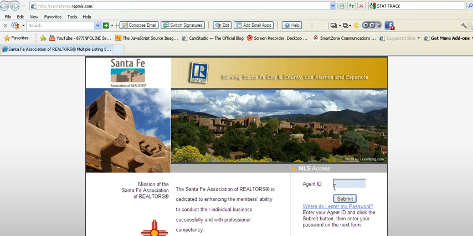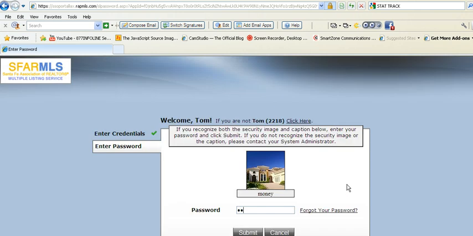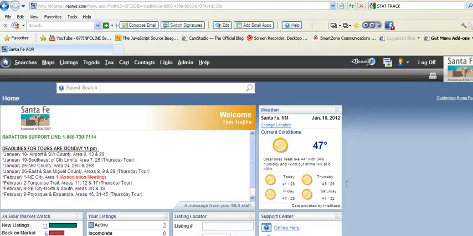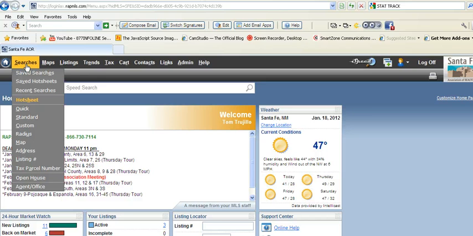It starts off, of course, with logging into your Rapatoni. Everybody should be very familiar with how to do this, and basically where it gets you is to your front sheet or your front page of Rapatoni. Very simple process. You go to your searches,